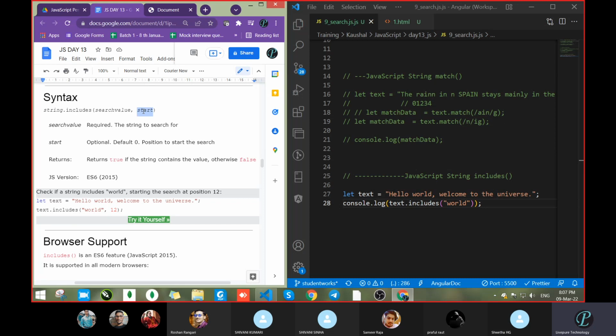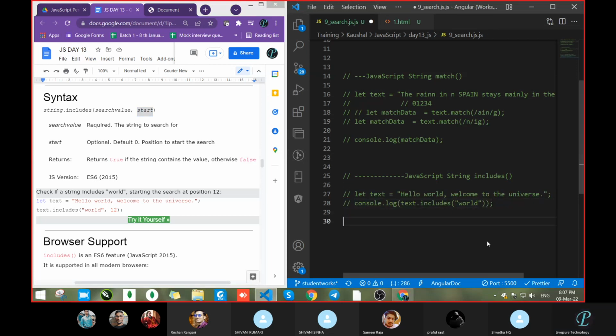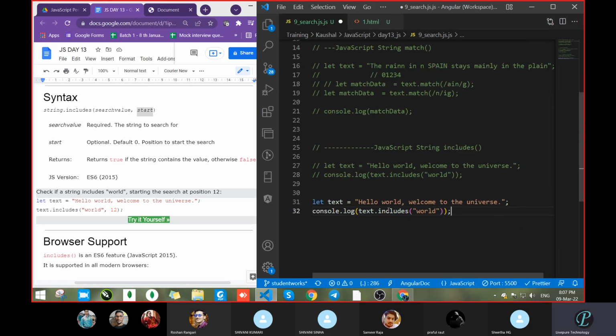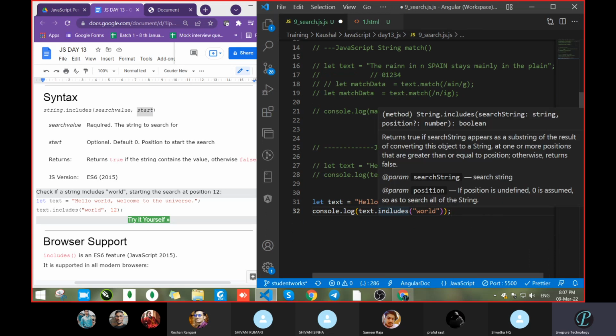So next, string.includes with a search value and a start. It will be like a starting position. Okay, so now check that. Now pass another parameter. First we want to check what it is accepting.